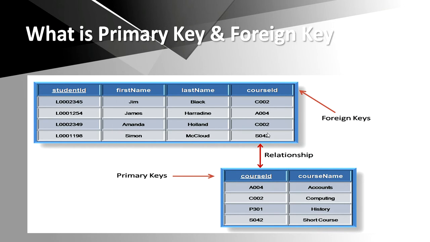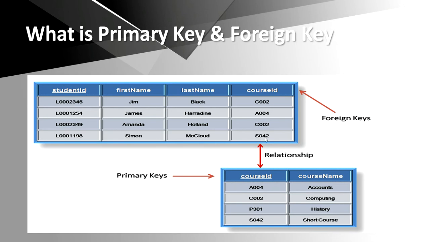It simply means that in this table, whenever course IDs come, their value depends upon the master table or the parent table. The parent table is that table where it is a primary key field, and this has become the child table, and on the child table we apply the foreign key. Now this table will not accept any value which is not in the parent table.